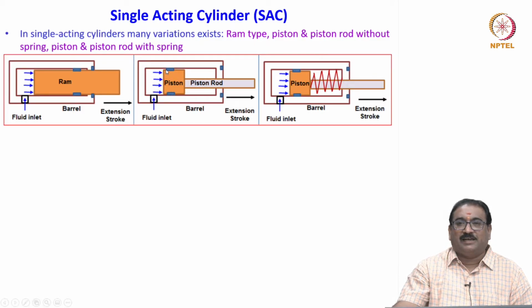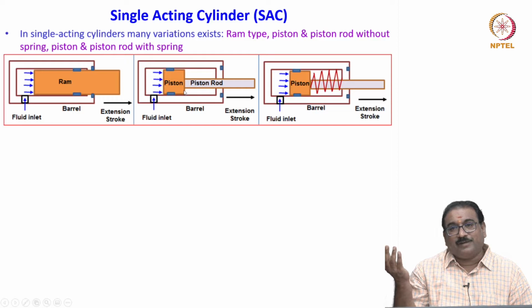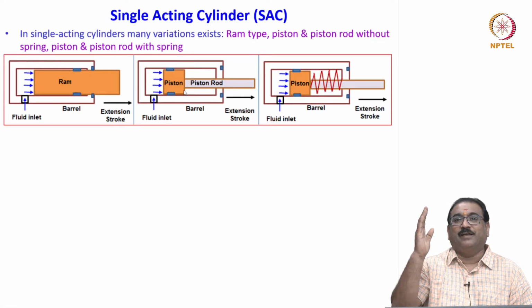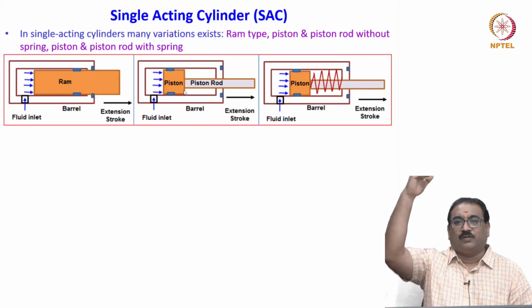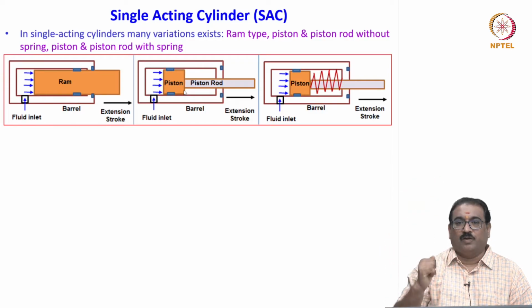Now we will see here the single acting cylinder, because one port is there, you will see always one port. Now, you will see here without spring, again without spring, only extension with the fluid pressure. Return how it is? No mechanism, only how to mount it vertically. By self weight of the piston or the weight of the load, it should move. Always these two they are using in the vertical direction.